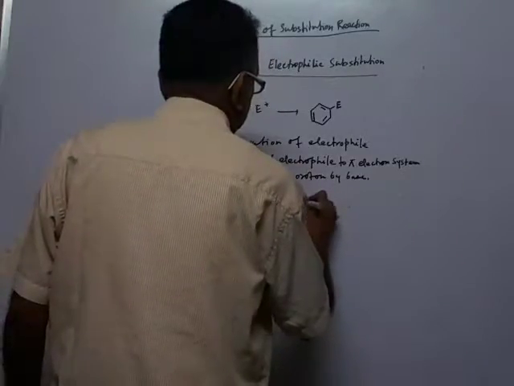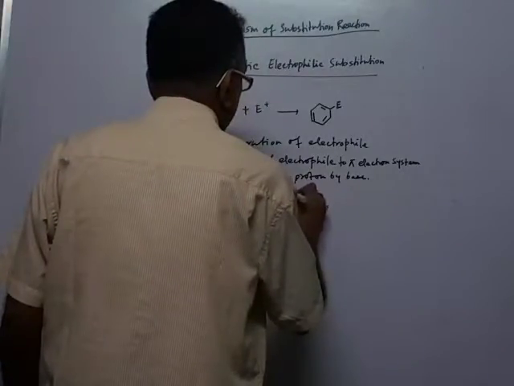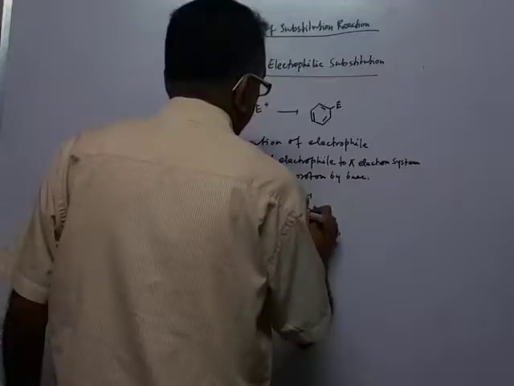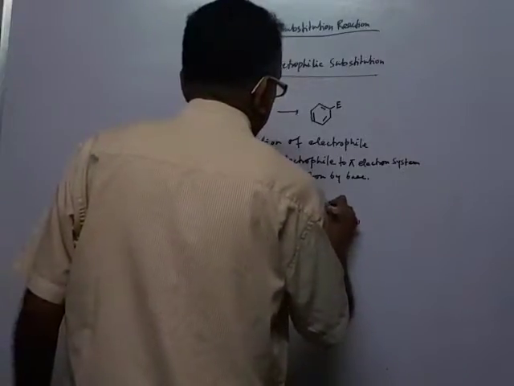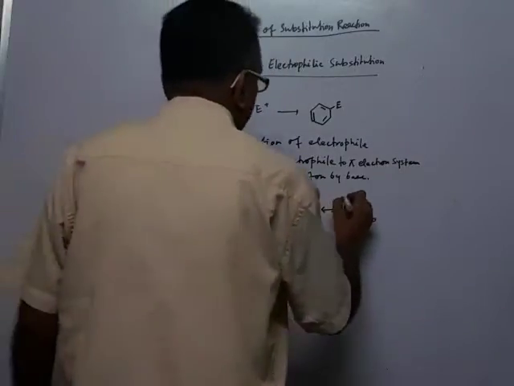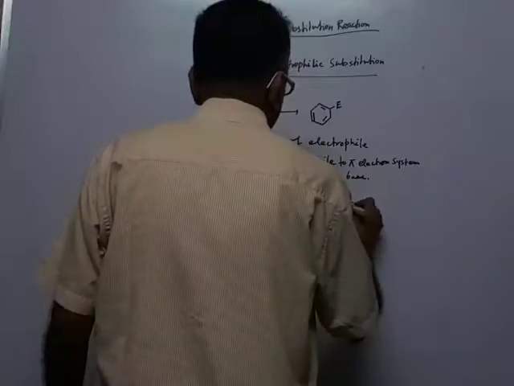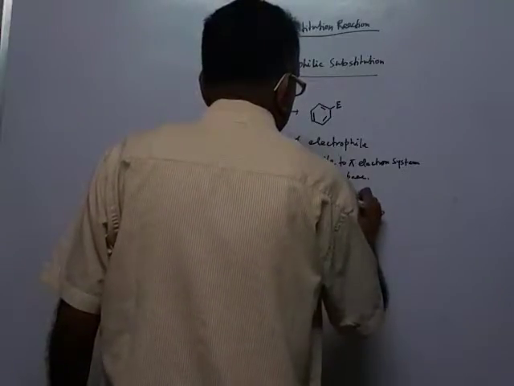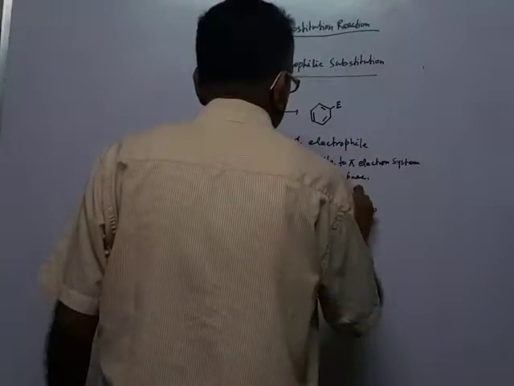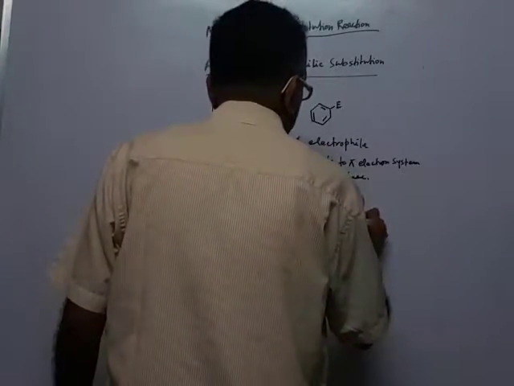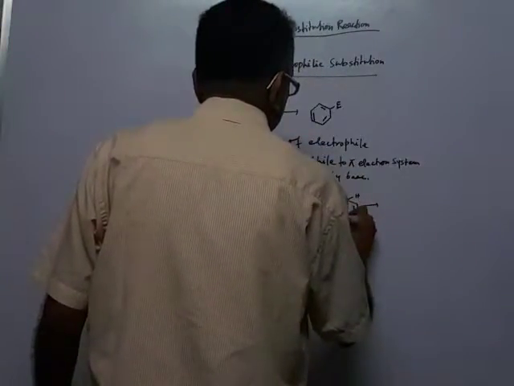This is plus, and this is hydrogen, and this is here is 1 2, and this positive cation further resonates. This pi bond is shifted here, and the positive charge is here, and from here again it is